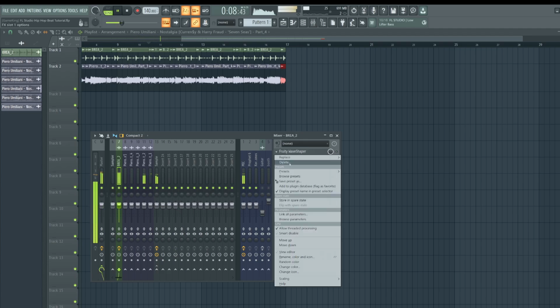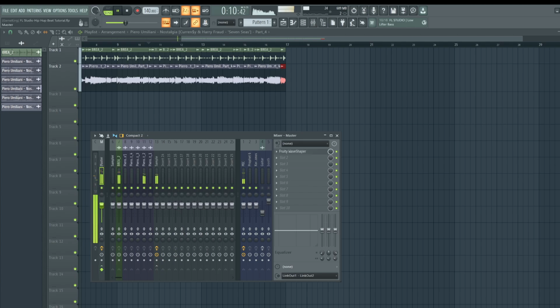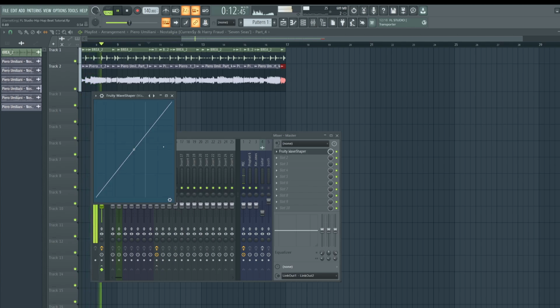Let me make sure I'm actually on the right wave shaper here. Let's do this again. All right, so that was the other wave shaper. All right, so now I'm increasing the level of the entire track. I'll exaggerate so you guys can hear it. But now if you push it too hard, it starts to crunch and it sounds bad. Okay, so the key is to set it to where it's like barely on.